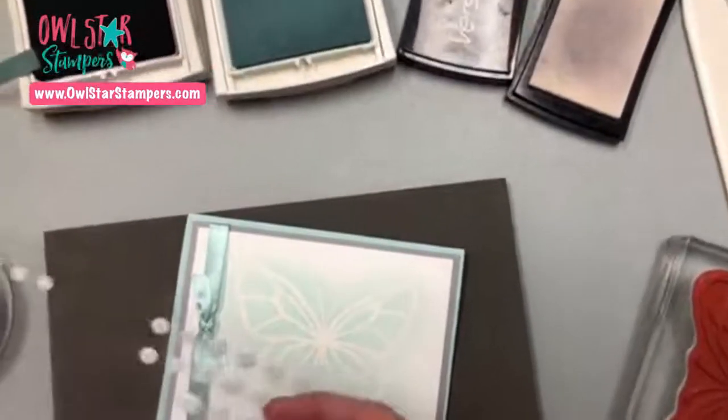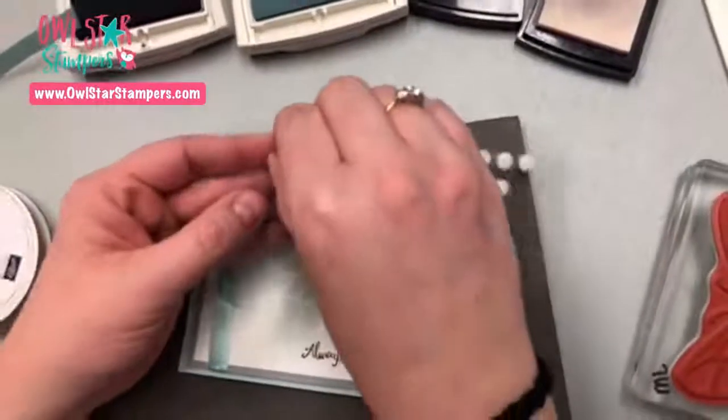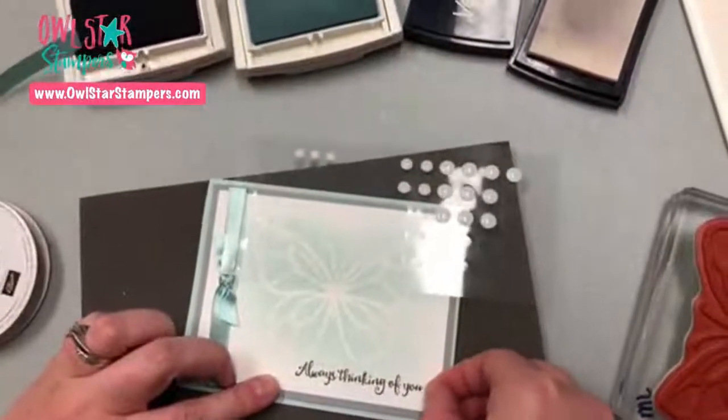And these come in a sheet. You can tell I love them. The sheet's almost gone. I'm going to take two of the little ones and just put them on the ends